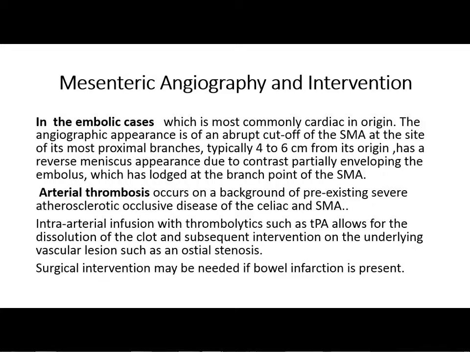In the embolic cases, which are most commonly cardiac in origin, the arteriographic appearance is of an abrupt cut off of the superior mesenteric artery at the site of its most proximal branch, typically 4 to 6 cm from its origin. It has a reverse meniscus appearance due to the contrast partially enveloping the embolus, which has lodged at the branch point of the superior mesenteric artery. Arterial thrombosis occurs on a background of pre-existing severe atherosclerotic occlusive disease of the celiac and superior